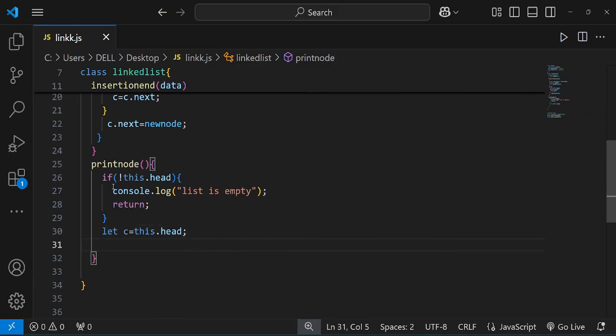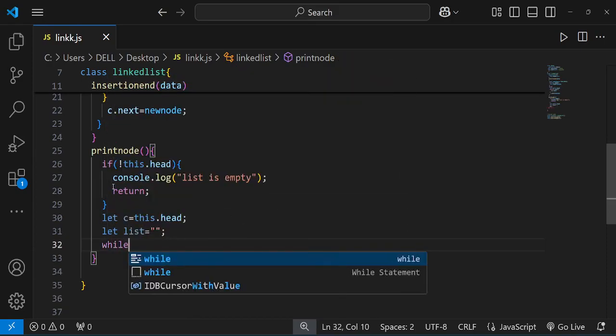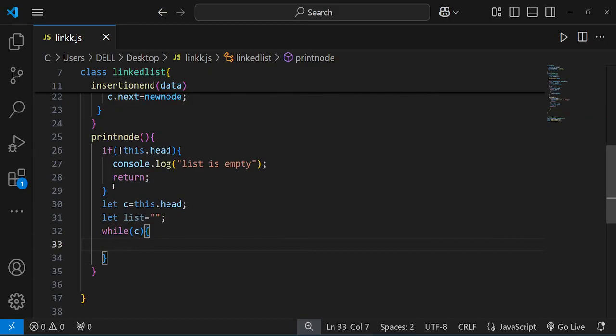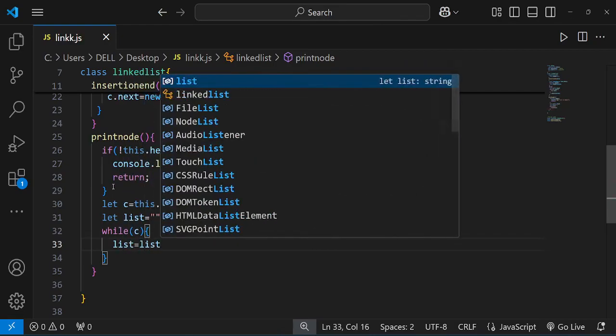And what we are going to work, we are just making an array here for displaying in a good way. In a good way I am putting it as a blank. Okay, so we know how we can put the blank. We have worked with the strings. So I say okay, while c, that means the current node, is not up to null, it has to be reached to null. So what I am going to work, I am saying list is equals to list plus